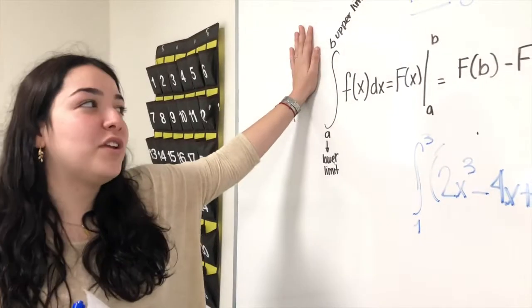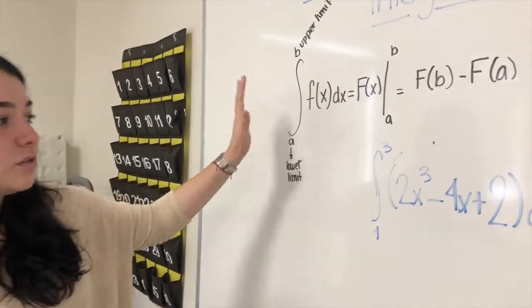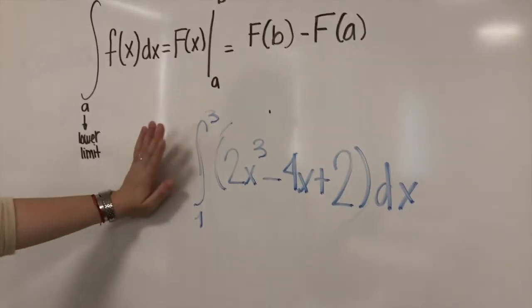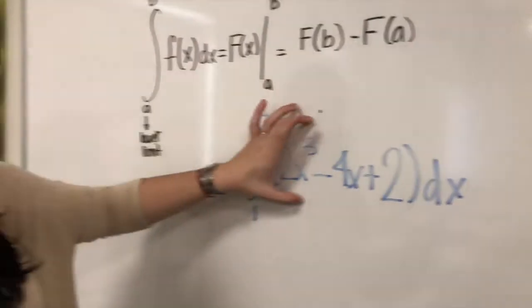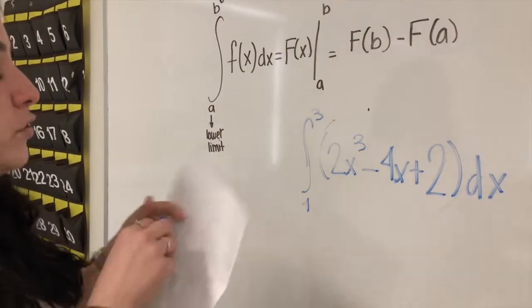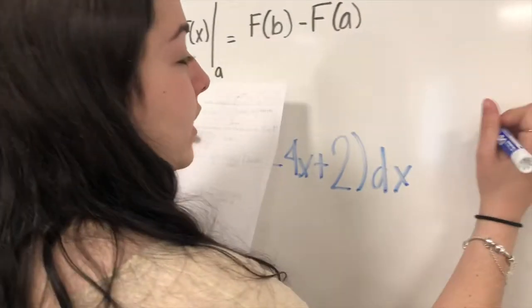Okay, today we're going to talk about definite integrals, and this is a formula for definite integrals. This is our equation. The first step, we have to find the antiderivative of this part of the equation. And we have to find it with the power rule. The power rule is